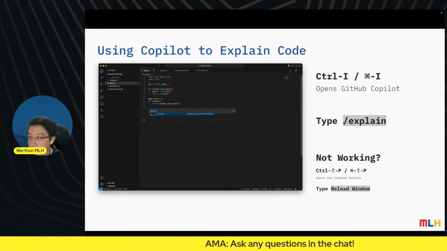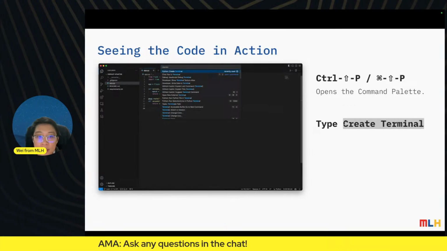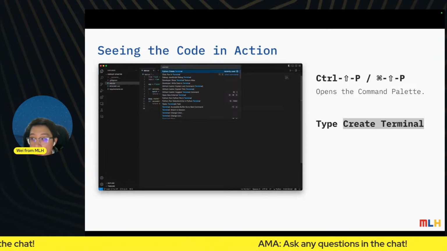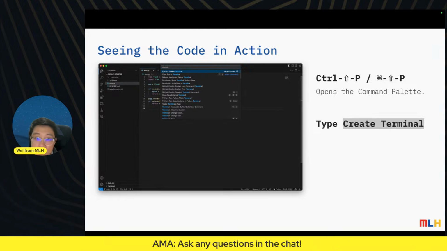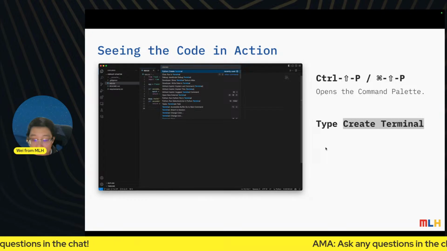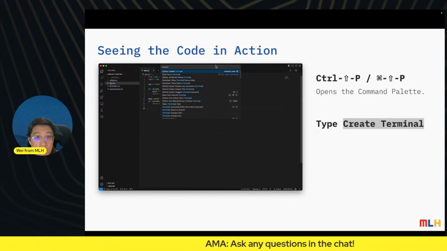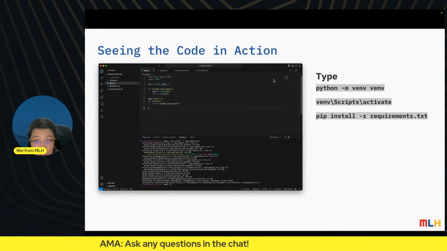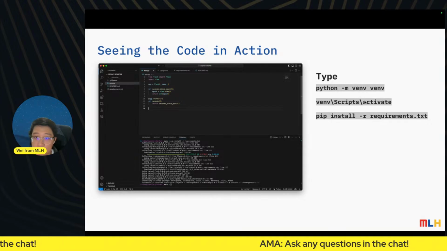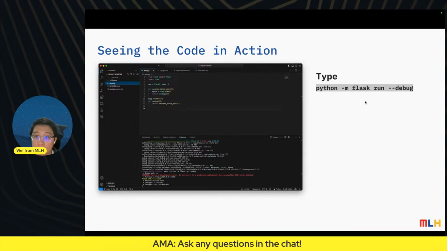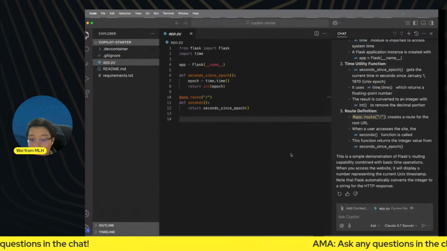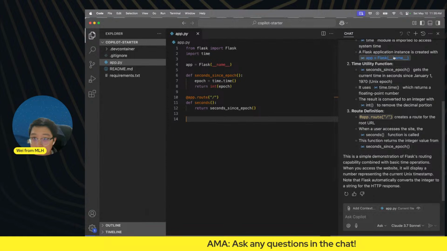Vishal, appreciate it. Now, I want to see this piece of code in action. So I want to actually start this piece of code and actually run it, right? You can see a few different things here. We can see this piece of code in action, and then we can actually set up a Python virtual environment. This might be very familiar to some of you. Maybe it's foreign to some of you. And you can run Flask in debug mode. We can follow the instructions and do that ourselves.